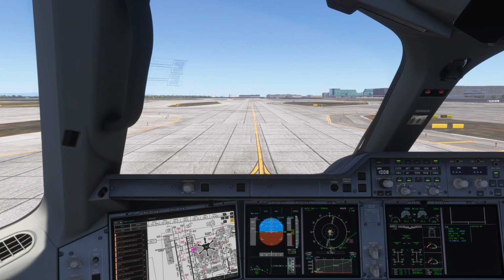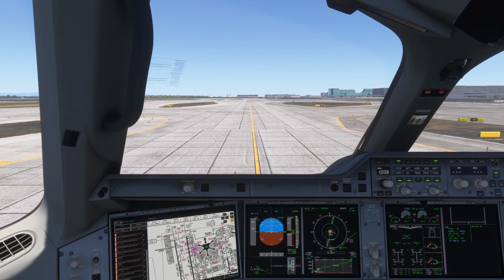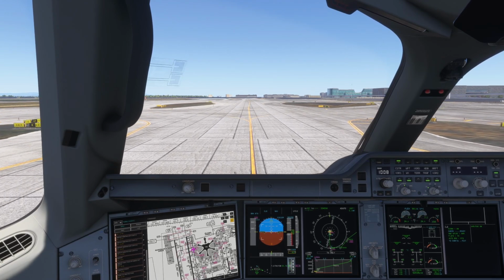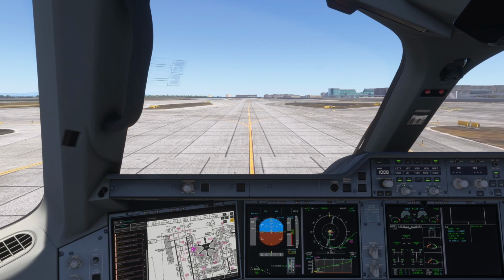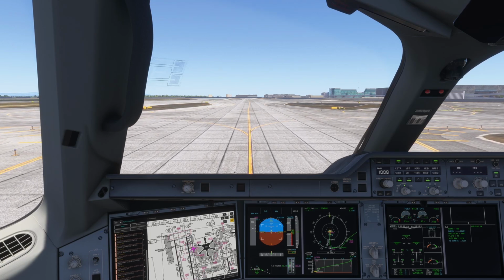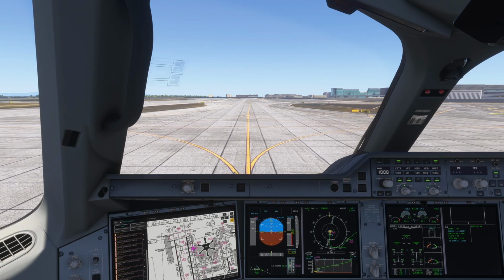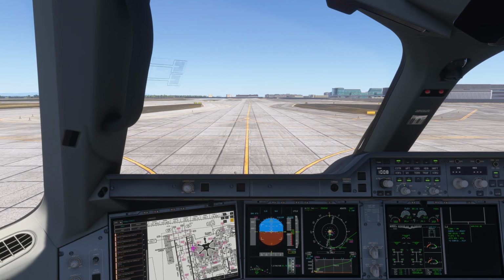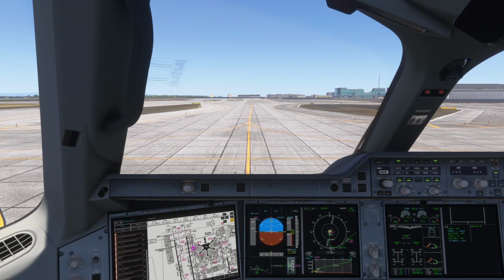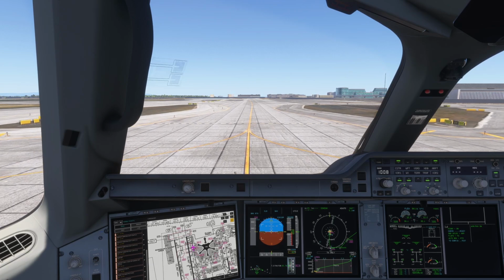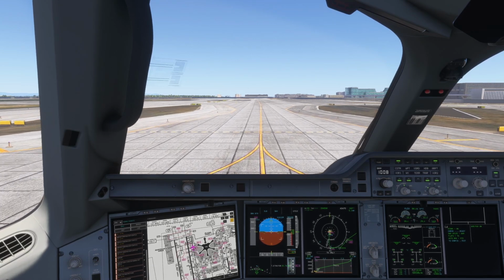So we flew from Wuhan to Korea. I was on China Southern, and I remember asking for an IFR clearance. I think it was my first time with Chinese controllers flying in China, VATSIM.